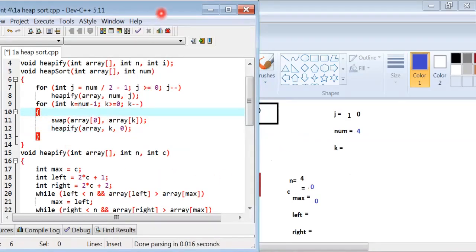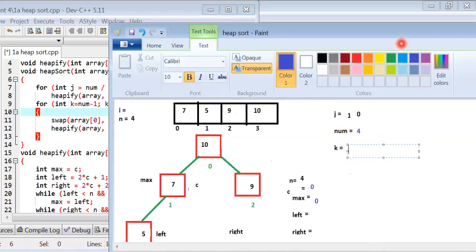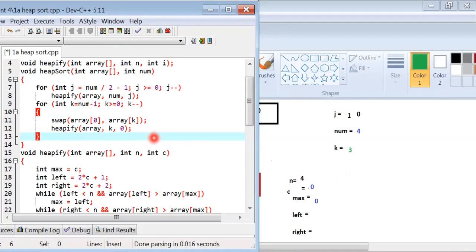The value of k is num minus 1, the value of num is 4, so the value of k is 3. 3 is greater than or equal to 0, the condition is true.